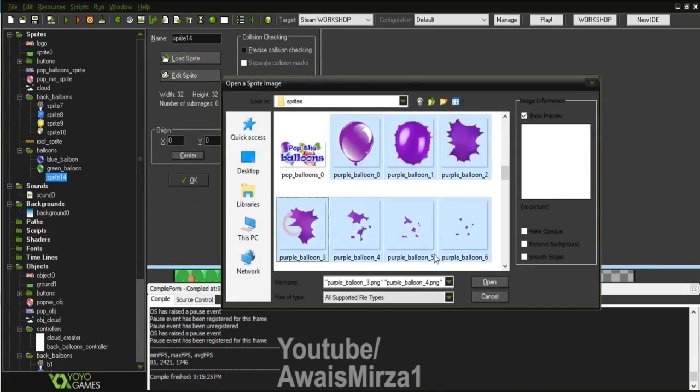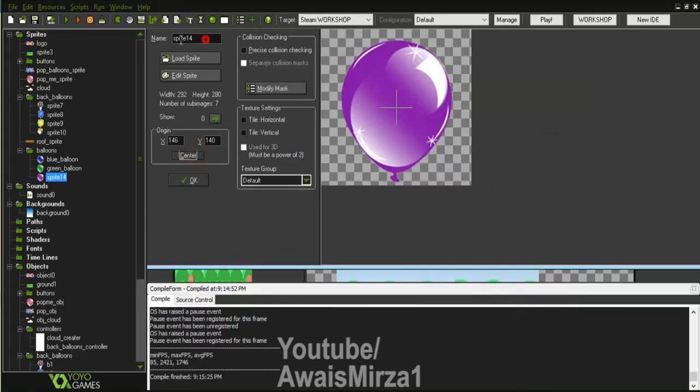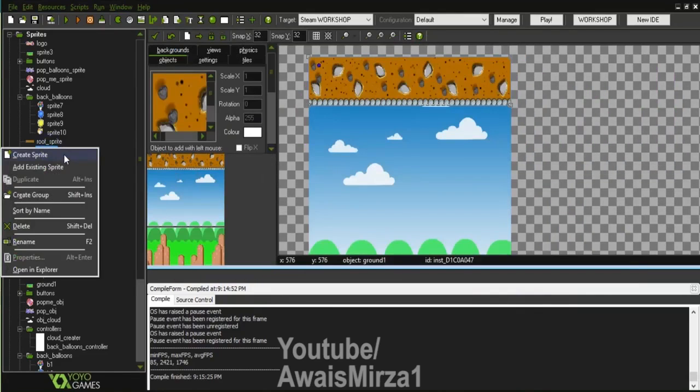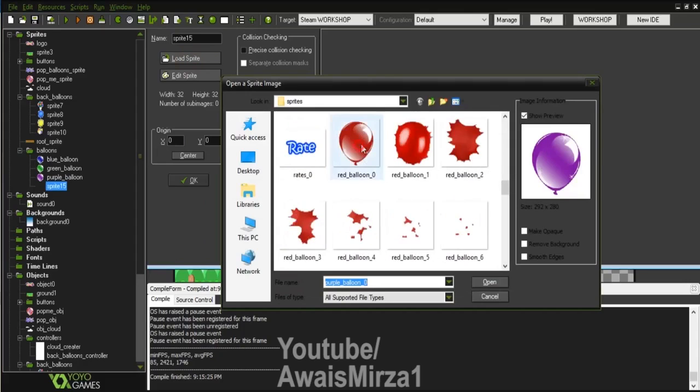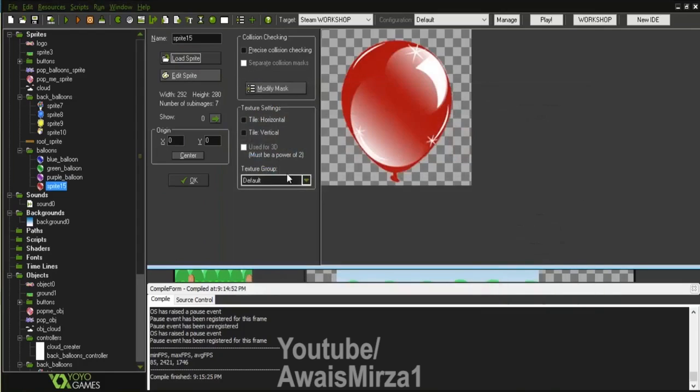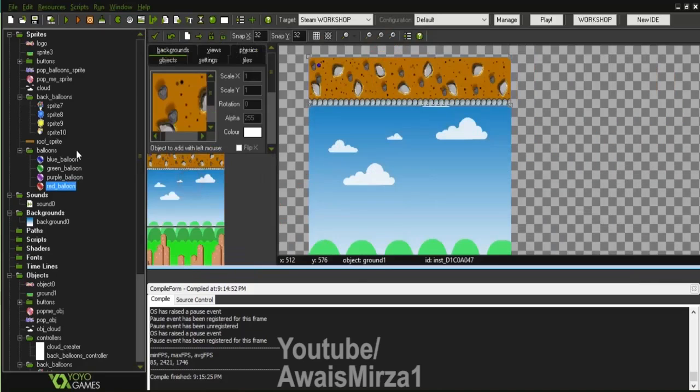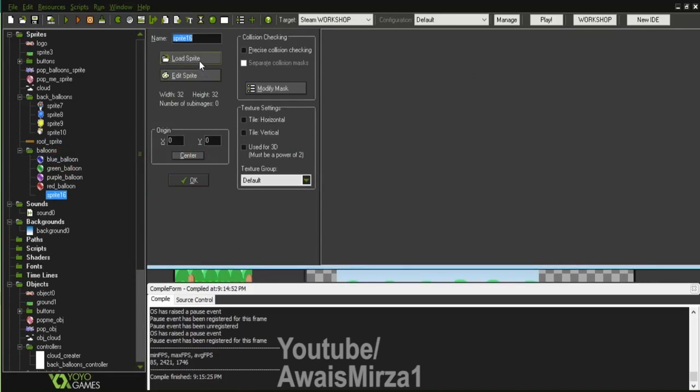Let's click all these, open, center, and I'm going to change its name to purple balloon. Click OK. We have red and yellow left. So this is the red. Click OK. Click on center, red underscore balloon. Create sprite, change its name, yellow underscore balloon,